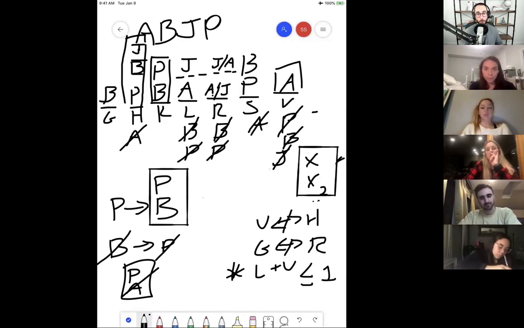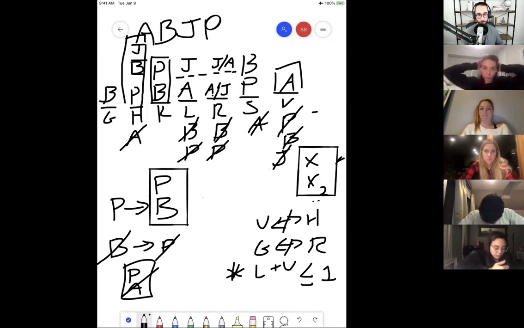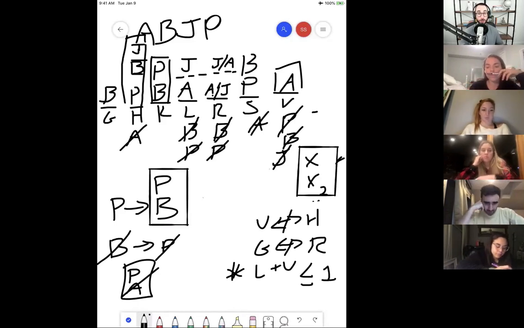Yes, exactly. So we can't have both L and R having exactly two. So we couldn't have L and R both having A and J, because that would violate that second half of the third rule. K has exactly 2, and then exactly one other will have exactly 2. That one other could be L, could be R, could be S, could be G. Lots of flexibility remaining here.